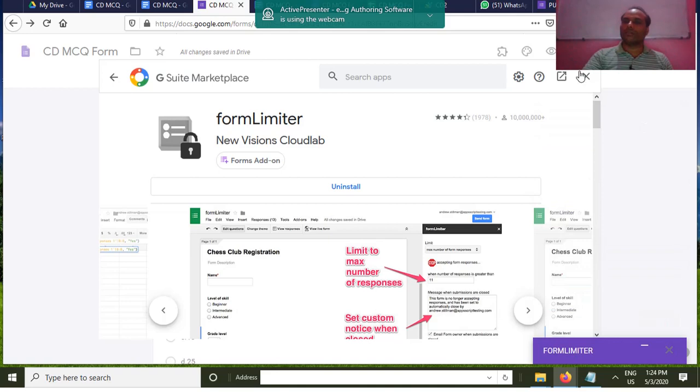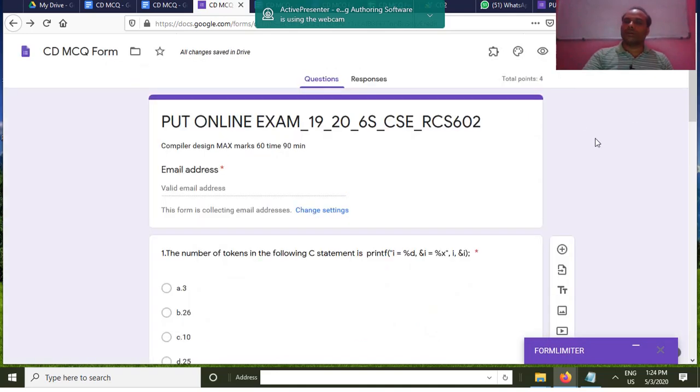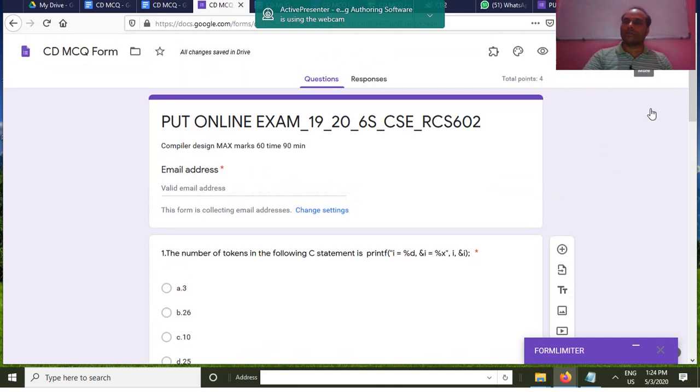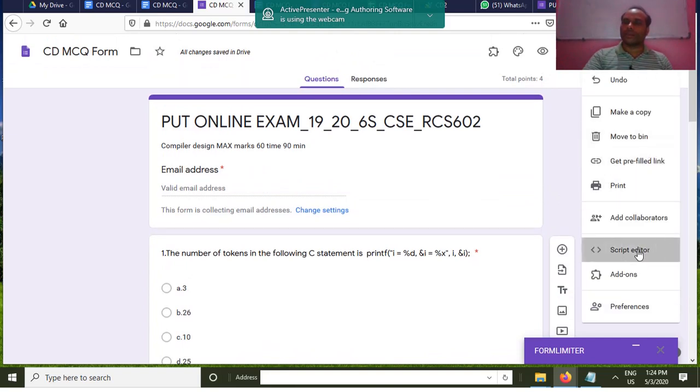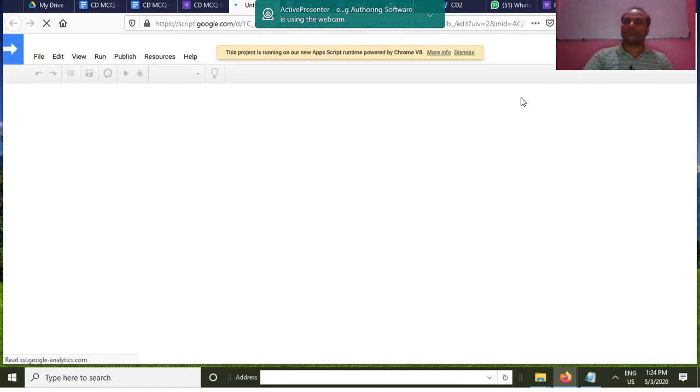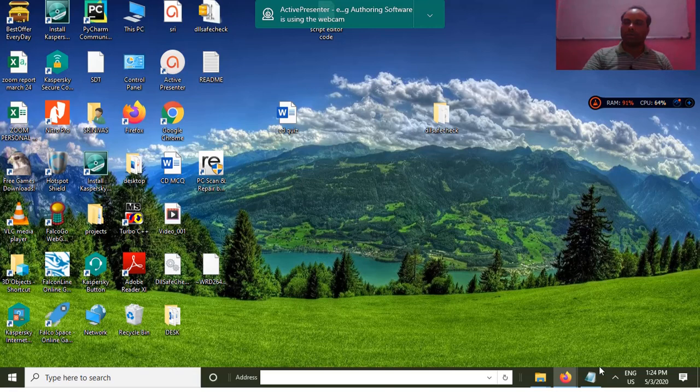Next, if you are going to restrict students from opening multiple Google Docs on a single IP address, a single computer or mobile, you have to copy a code into the script editor. There is a piece of code that you just copy and paste in this box, so that nobody is going to open it multiple times. You already copied it in one document. It is only 3 lines of code.